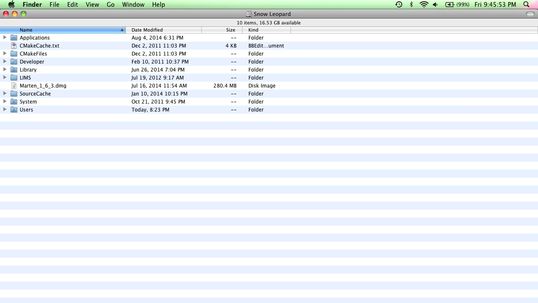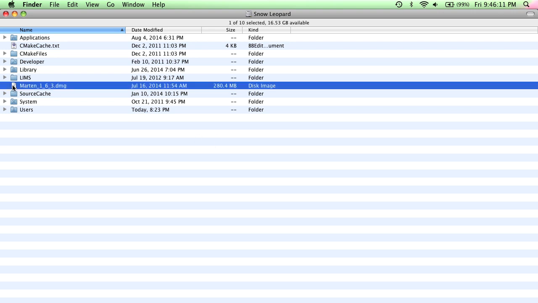That's www.andescotia.com. And currently it's available for free, so I urge you to go there and download the latest version of Marten. I've already done that, and it's sitting here as a disk image in the top level of my system,